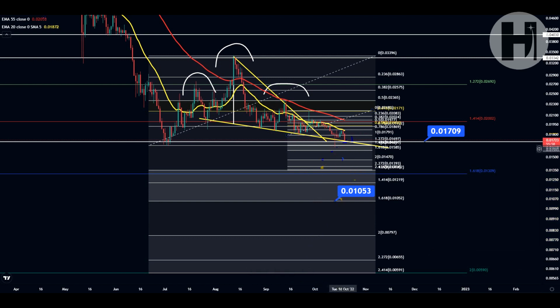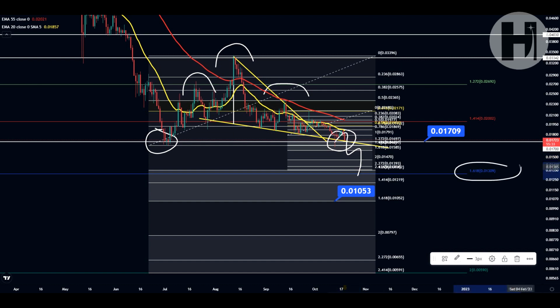So in this case, I would be dollar cost averaging into Harmony One if I was looking to buy the project or to buy the coins and I was bullish on the project. Then I would definitely dollar cost average in these areas here, because essentially this is as low as you've been this year, because you've only been this low in July, right? But if you start coming back down lower and you get to the 1.618 target right here at the 0.013,